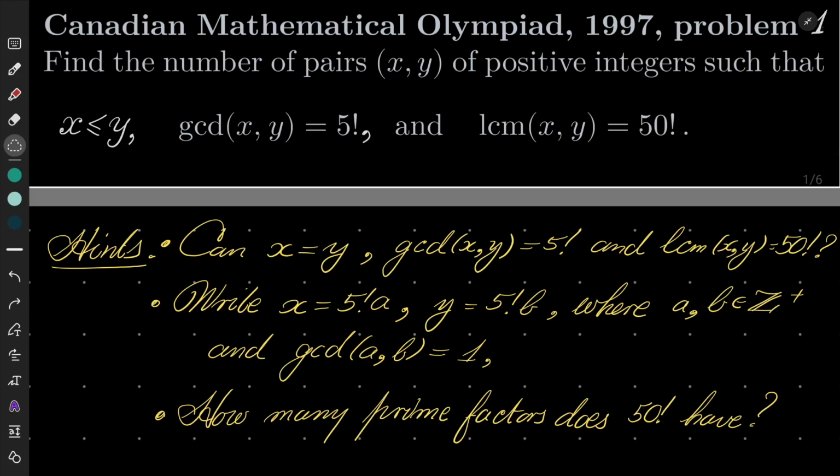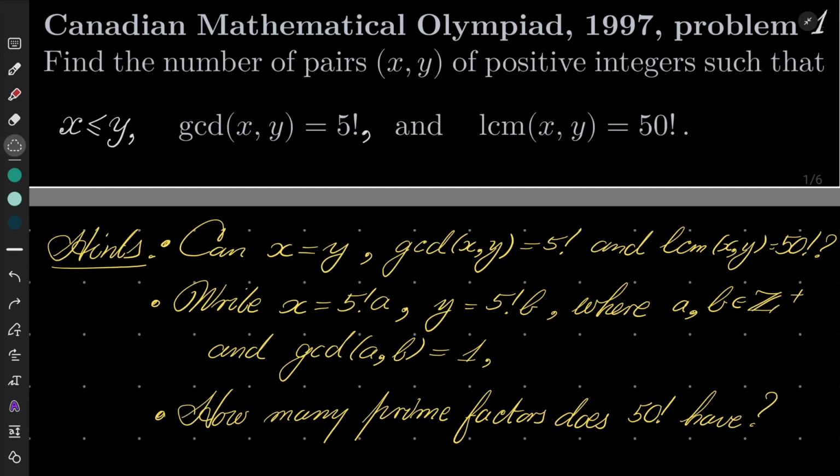Hello friends, in this video I'd like to solve the following problem from the Canadian Mathematical Olympiad 1997, problem number 1. Find the number of pairs xy of positive integers such that the following three conditions are satisfied. X is less than or equal to y, GCD of x and y equals 5 factorial, and LCM of x and